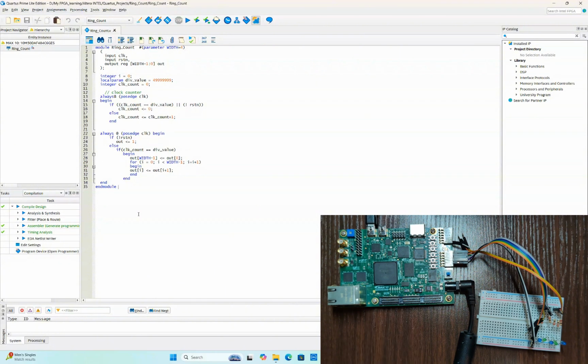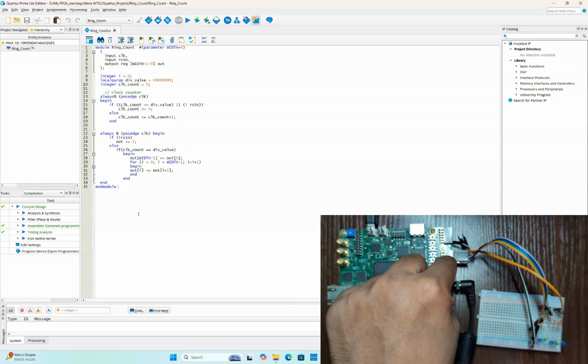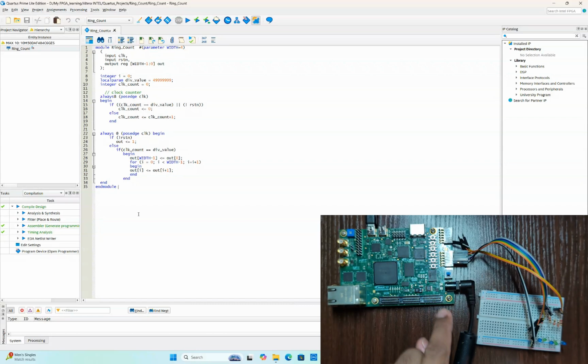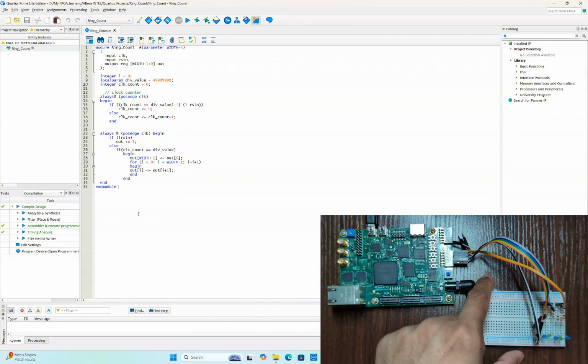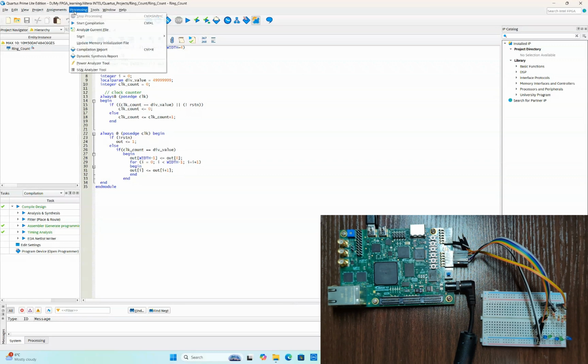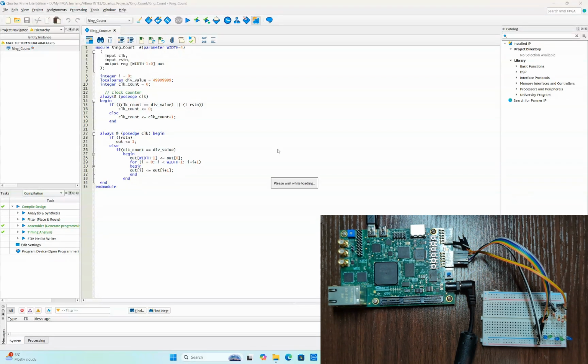Rather than using these LEDs, today we'll use another kind of connector within the MAX 10 development board, which is the PMOD connector. It has two PMOD connectors. We'll use one of the PMOD connectors today to connect the LEDs on this breadboard, and these LEDs will show the output. So if we go to the pin assignment, if we go to the pin planner,